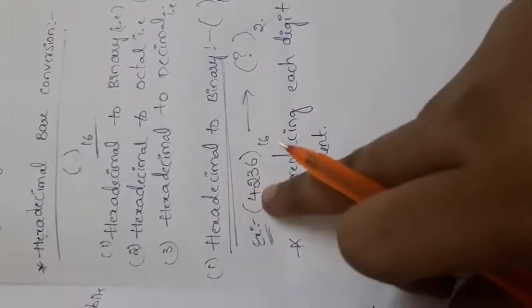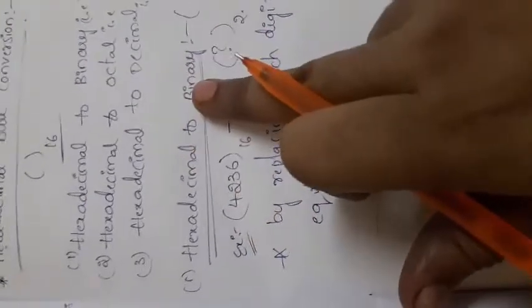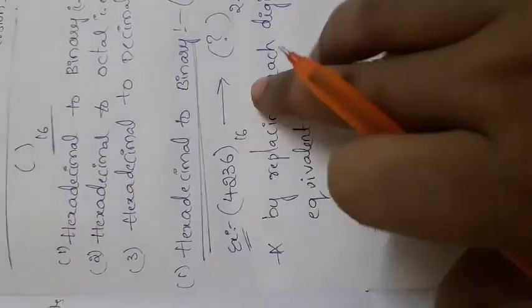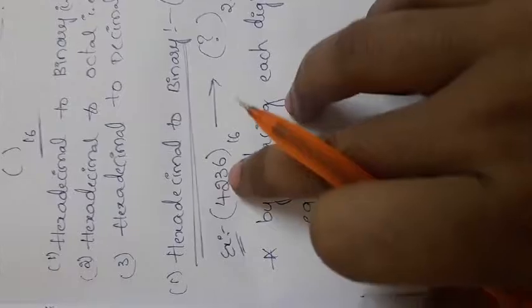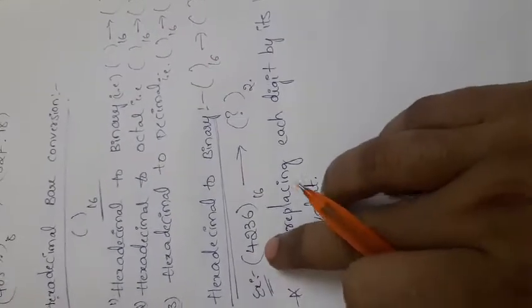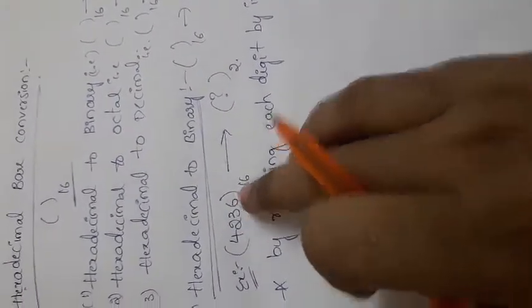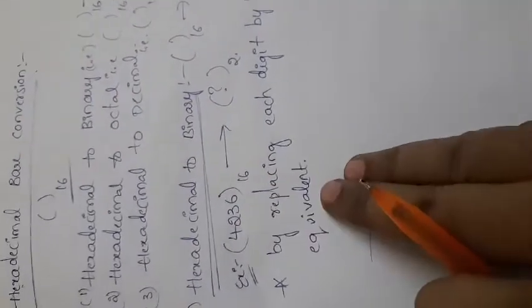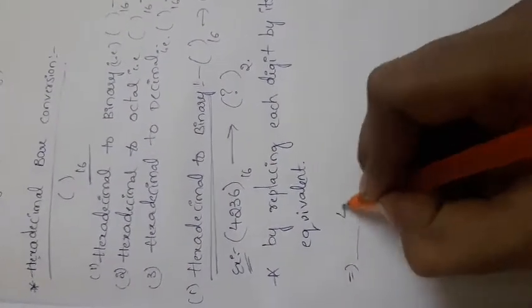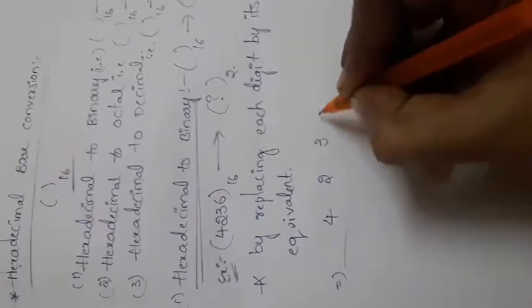That means we separate each digit, after that the number will be converted directly into a binary number. Already we know binary numbers for 0 to 15, right? For 0 it is 0000 and for 1 it is 0001. Like that we know the binary numbers from 0 to 15. Here we have the digits 4 2 3 6. So first we need to separate every digit, and after that each digit will be converted into a binary number. First, we separate the digits, that is 4 2 3 6.